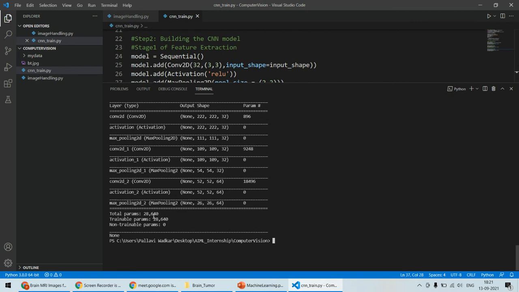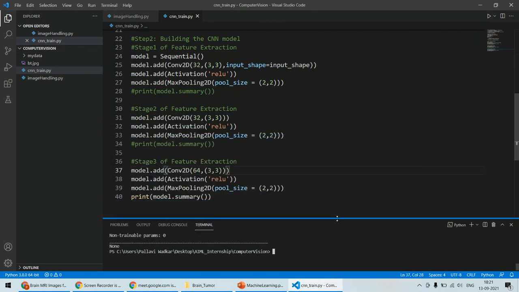And now the trainable parameters are increased to 28,640. Initially it was around 10,000 but now it is 28,640। और यहाँ पे हमारा कंप्लीट होता है फीचर एक्सट्रैक्शन का स्टेज। यहाँ पे क्या कंप्लीट होता है, फीचर एक्सट्रैक्शन का स्टेज हमारा कंप्लीट होता है। और जो भी इमेजेस हम इसको देंगे एक के बाद एक ये सारे लेयर्स के थ्रू जाएंगी और उनके फीचर्स एक्सट्रैक्ट करके एरे बनेंगे, वेक्टर बनेंगे, यहाँ पे मैट्रिक्स बनेंगे बेसिकली।